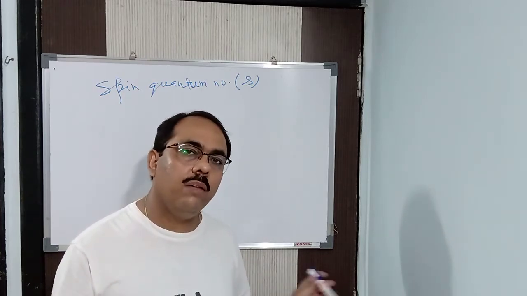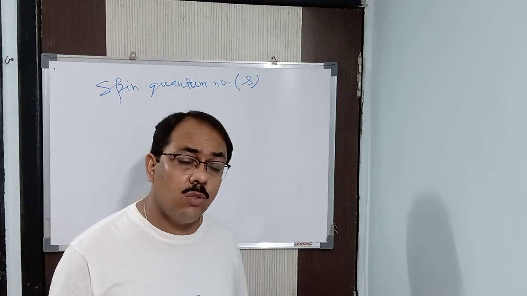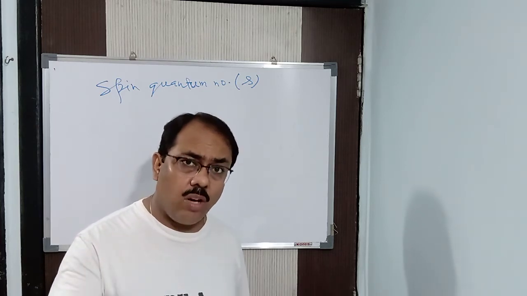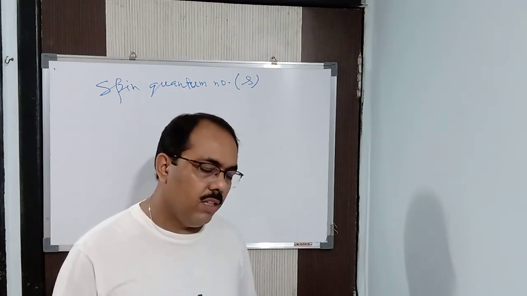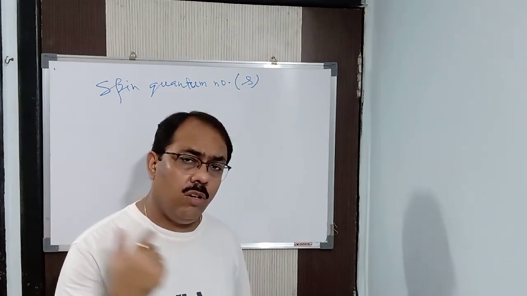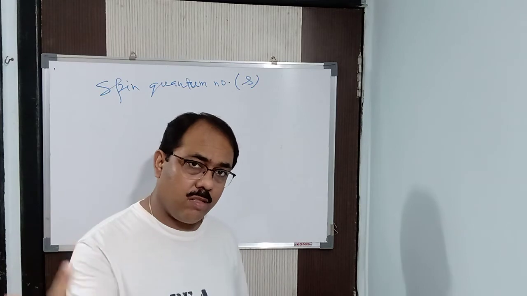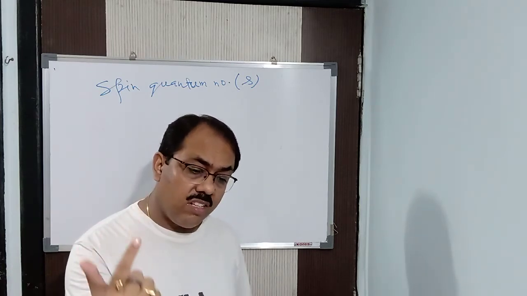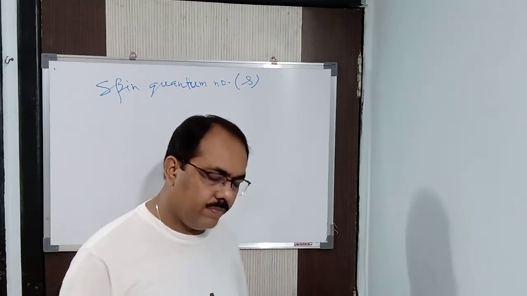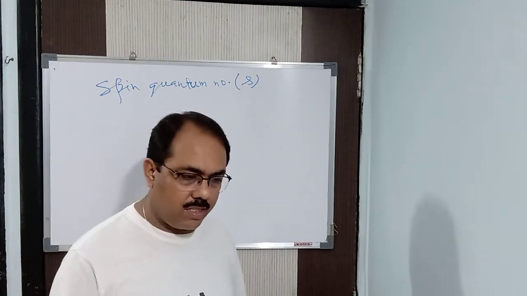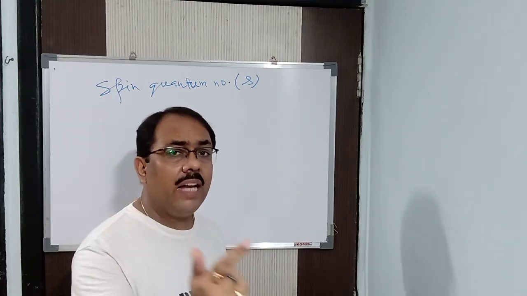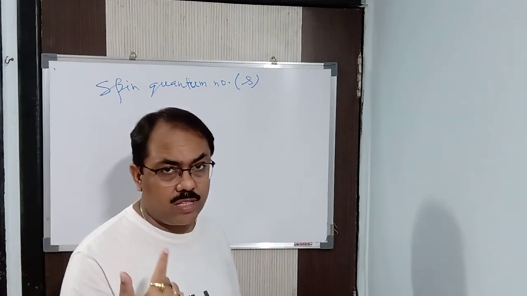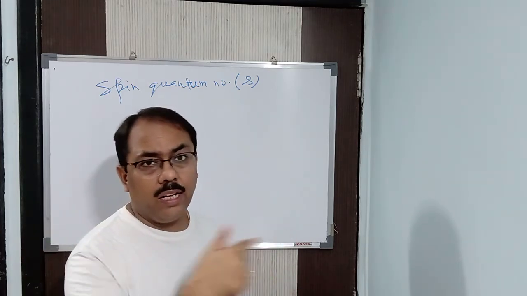And remember, these are all imaginary, just to explain the nature of quantum numbers. Clear? This is what I mean by spin. So the electron is not only revolving around the nucleus, it also spins on its axis. When it spins on its axis, it can spin in either clockwise direction or anti-clockwise direction.